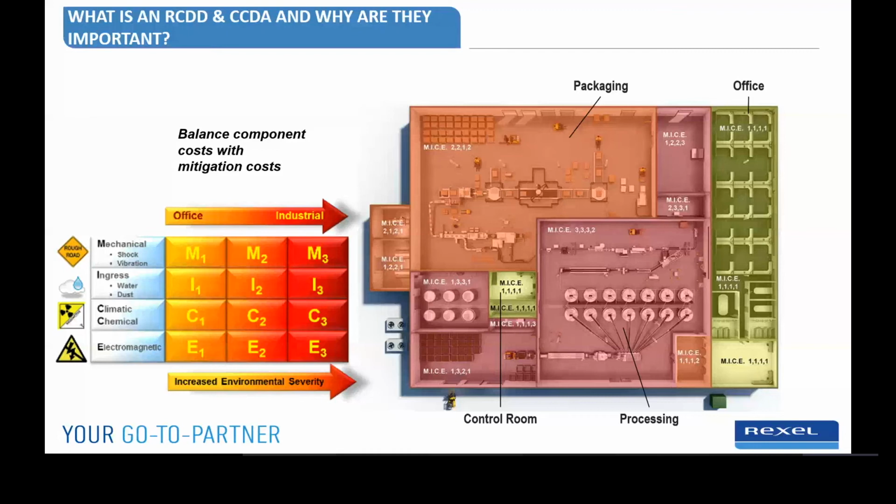Then we go out into somewhere like the processing area, where it could be washed down, right? So you have potential for water ingress. You have a very humid environment. You have lots of drives, lots of cables, high voltage cables that are going across the area that could introduce electromagnetic interference. So the RCDD is able to take into account all these different aspects of the physical area, and help design and recommend your best practices from the physical